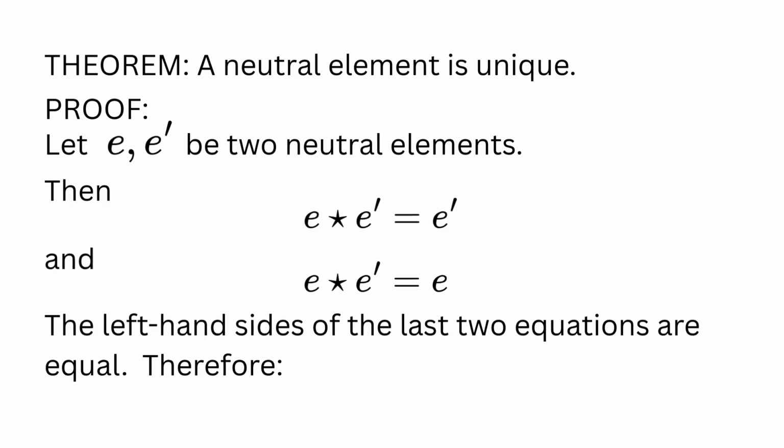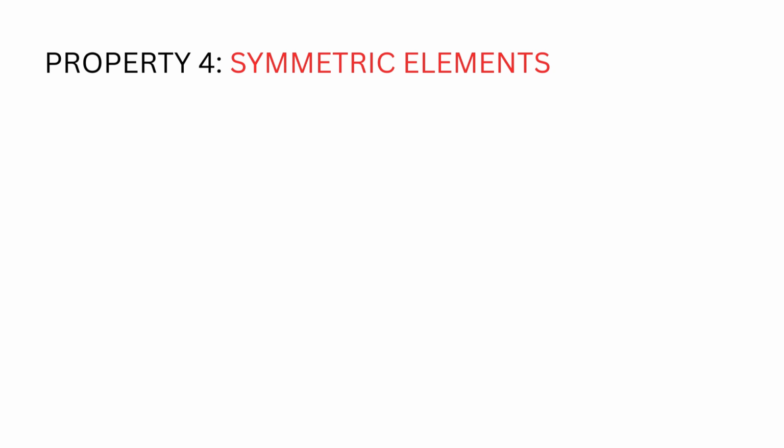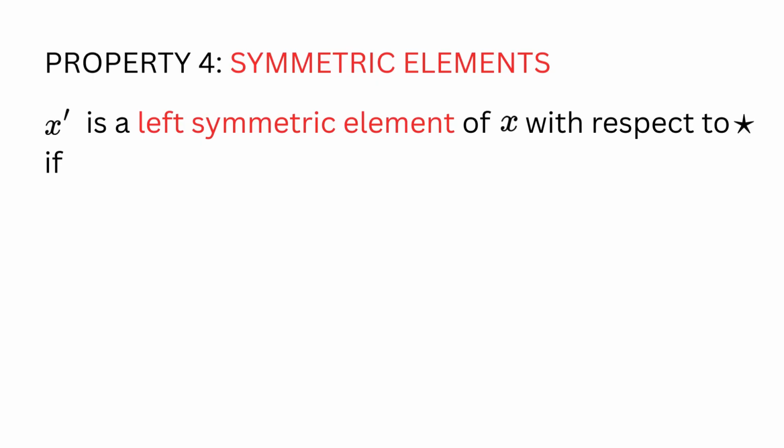The left-hand sides of the last 2 equations are equal. Therefore, the right-hand sides must also be equal. That is, e is equal to e prime. Property 4. If the binary operation has a neutral element, we say that x prime is a left symmetric element